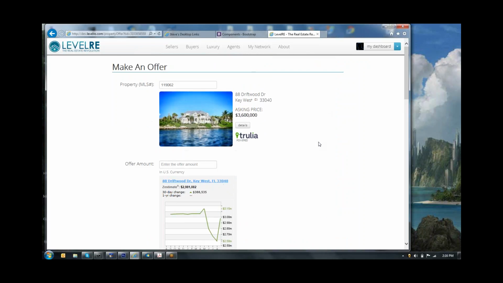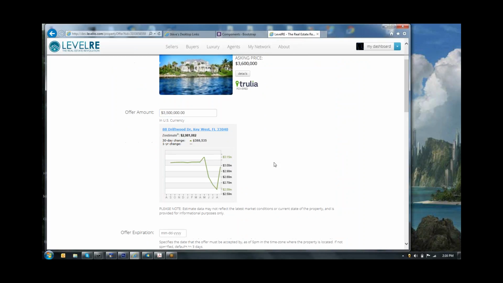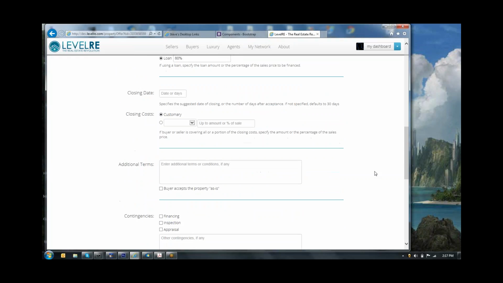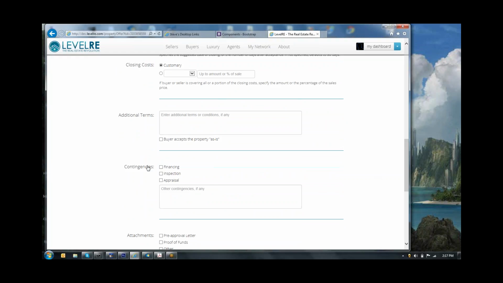So I could literally come in here. Let's go and make an offer. So enter the offer amount. We're going to say 35123. Okay. And then offer expiration, I'll just leave it as specified days. The default is days. I don't actually have to do anything there. So I'll put an initial deposit down, an additional $5,000 upon acceptance within 10 days of acceptance, I'll do an 80% loan. And then closing date, I'll accept the default, closing costs, additional terms, and I'll put my contingencies, financing, inspection, and